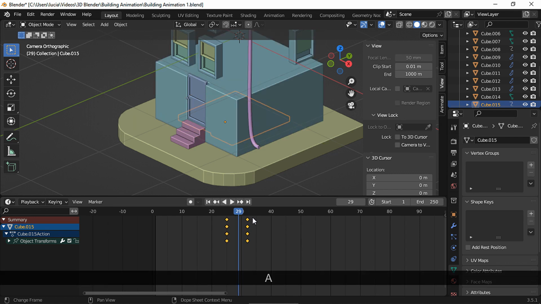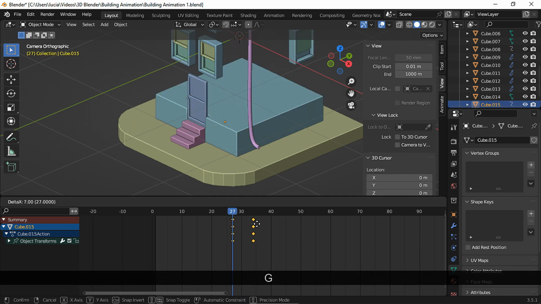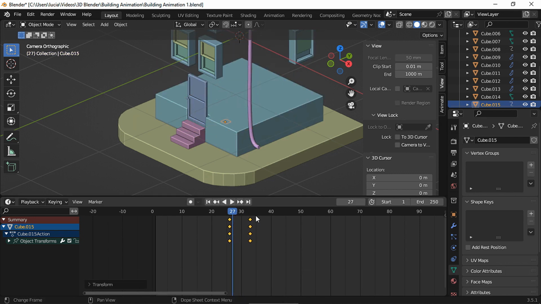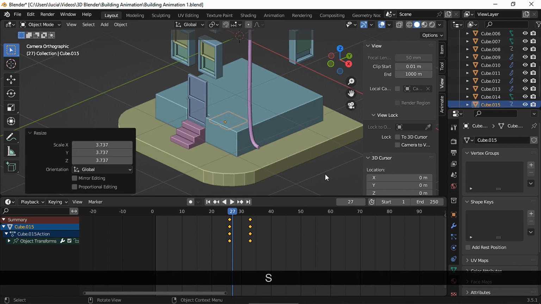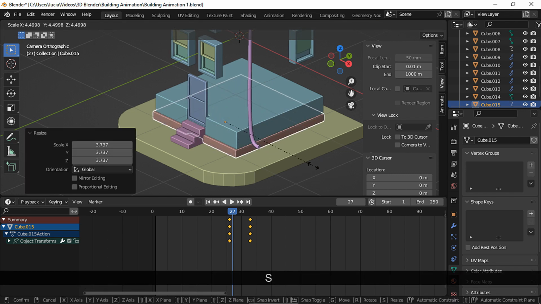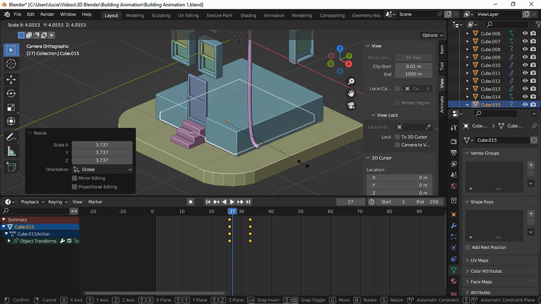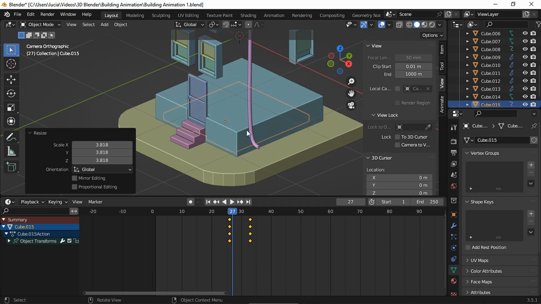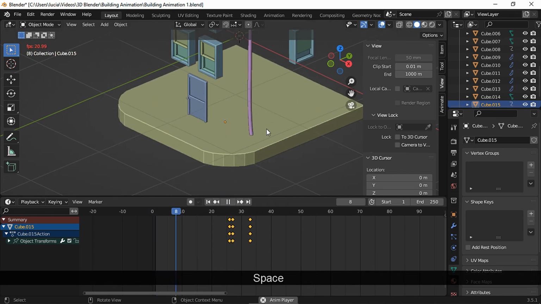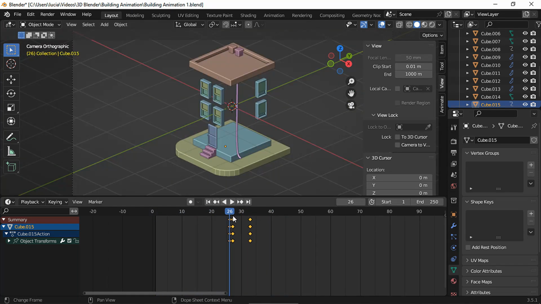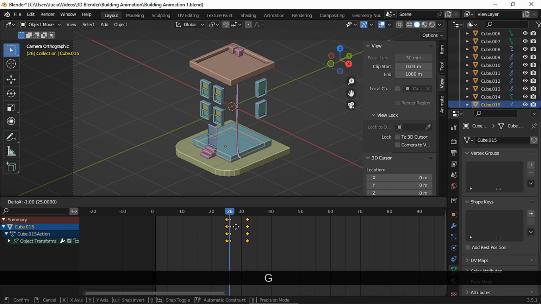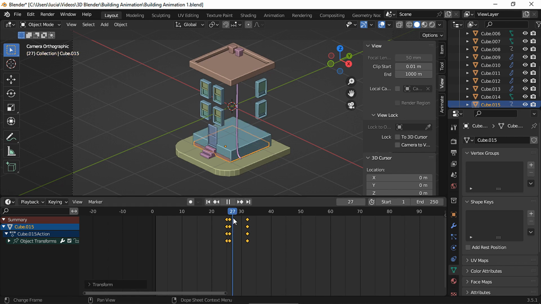I'm gonna move both keyframes a couple of frames again. And 1 frame after the first scale keyframe, scale the border since we have the building covered in this mesh, and it doesn't make any sense to have it go from 0 to its final size, since it's not going to be visible anyway. Set a scale keyframe and let's see. I want the animation to start a bit sooner, so let's move all the keyframes. And one final look at this animation.